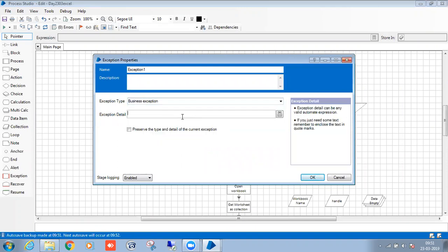I will explain about the exception types later, this is just for this case. The message: file not found in the given path, please check the given path. These exception details are what the business people will give, so you can copy and paste them.